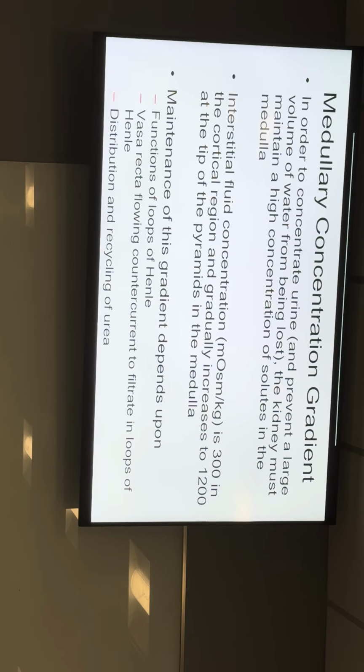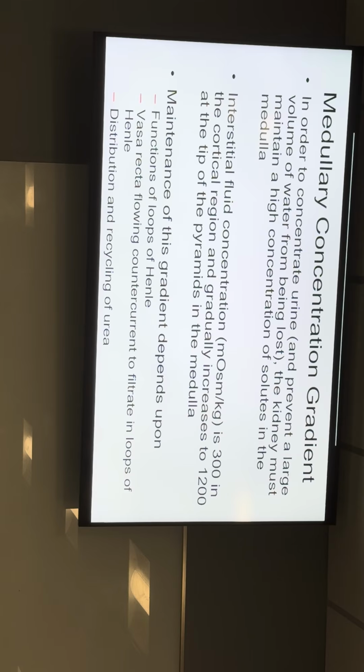And there's a few different ways that we're able to maintain this gradient of saltiness in the medullary pyramid. First of all, we have a combination of your loop of Henle and your vasa recta, and these run in opposite directions. So vasa recta are the capillaries around your loops of Henle. As your loop of Henle leaves the medulla, your vasa recta come into the medulla. And as your loop of Henle comes into the medulla, your vasa recta leaves the medulla. I'll get to why that's important.